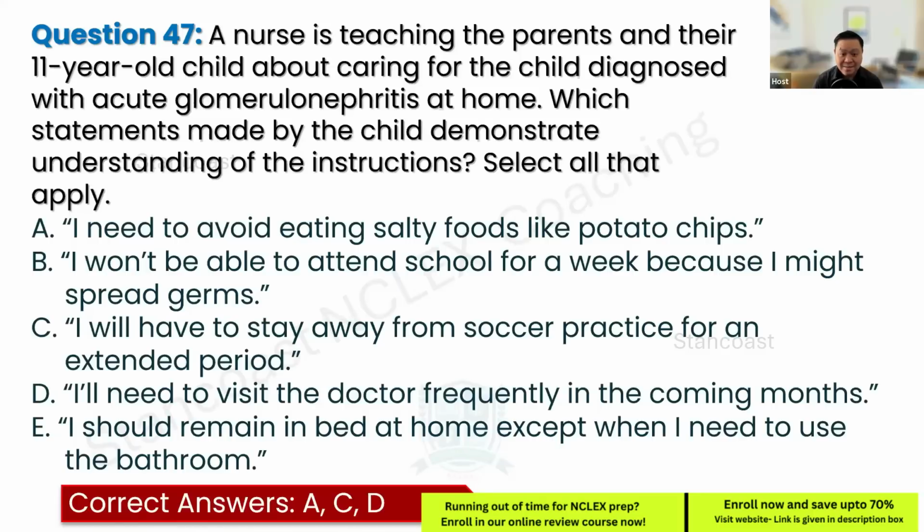Because letter A, children with AGN are typically placed on salt-restricted diets to manage fluid retention and blood pressure. And also letter C, the statement is also correct. Until urinalysis results return to normal, children are advised to avoid contact sports to prevent complications. And letter D is also correct because frequent doctor visits are necessary for monitoring the child's condition, including regular urinalysis